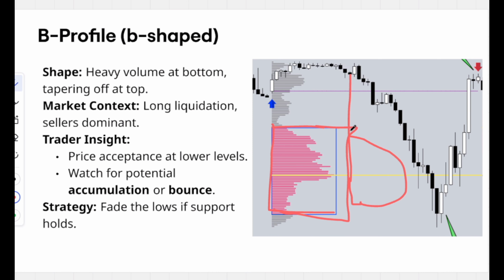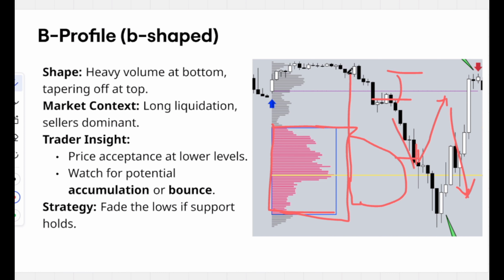So what does this tell us? That just means that this is seller dominant. The price overall has more traded volume at the lower end. So the price will continue to accumulate at the bottom. And then once it goes back up into here, it will always get pulled back down into the balance area and then continue lower, continue lower. So from here, it gives you an idea of a strategy to fade a low if supports hold. And then you can take trades outside in the imbalance and then target inside to rebalance into the balance area,